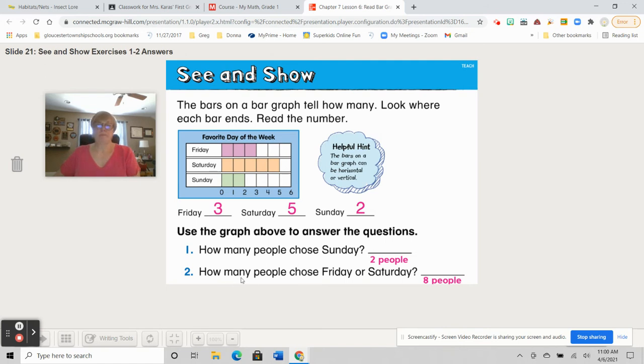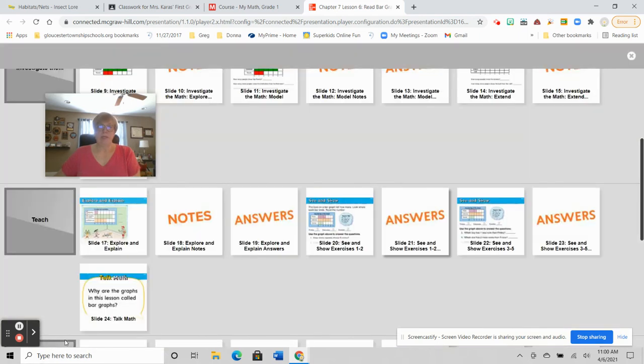Yep. I could see why they didn't choose both. They chose or. So, yes, the Friday plus the Saturday equals the 8 number of people. Okay? All right. Now, let's look at